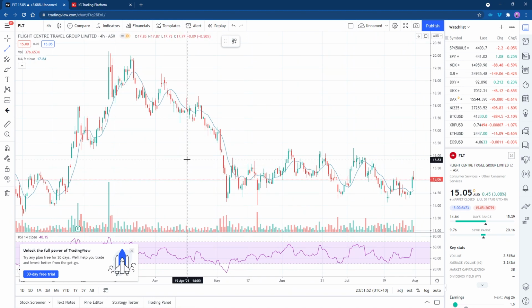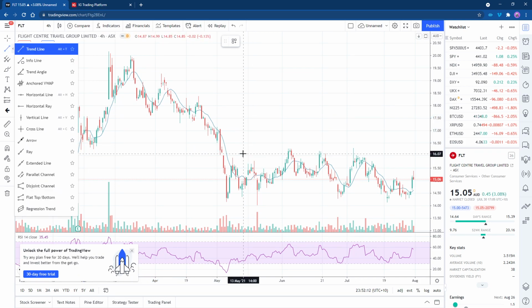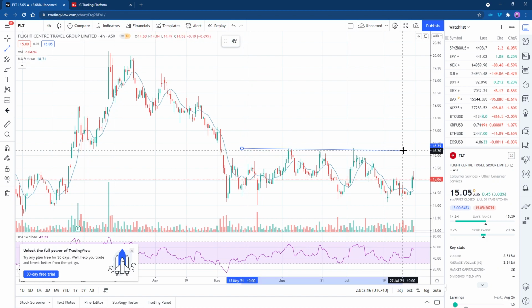It's not a one amount that everyone sees. It's an arbitrary amount that you see as support and resistance. So if I was to draw a trend line here,